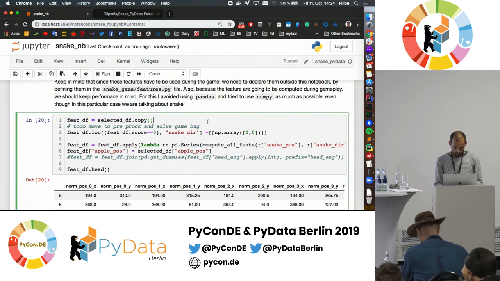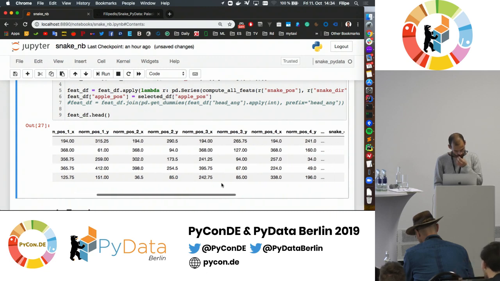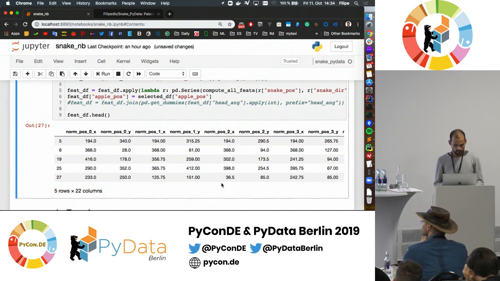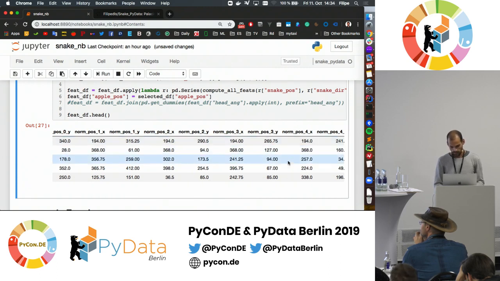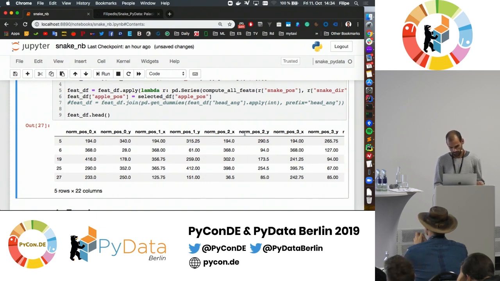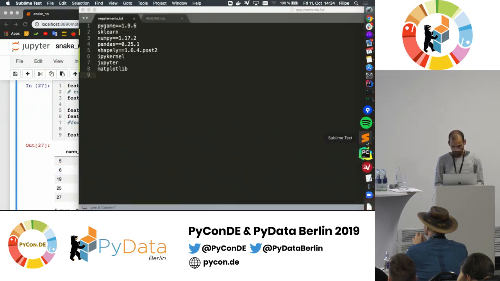And so here we're calculating our features, as we can see here. Because we have X and Y coordinates, we have a position 0 for Y and X, and as I said, the normalized 5 positions, which when the snake, for example, only has 1 position, all of these values are going to be the same because we just have 1 position, right? And so to calculate the features,